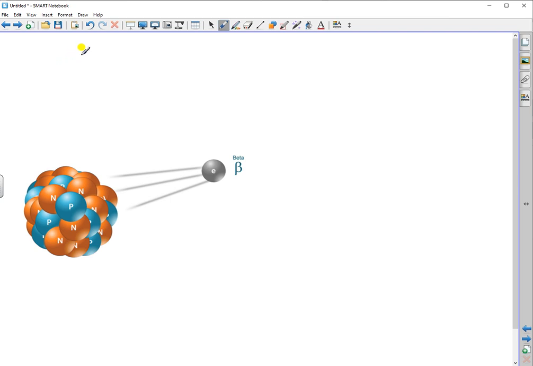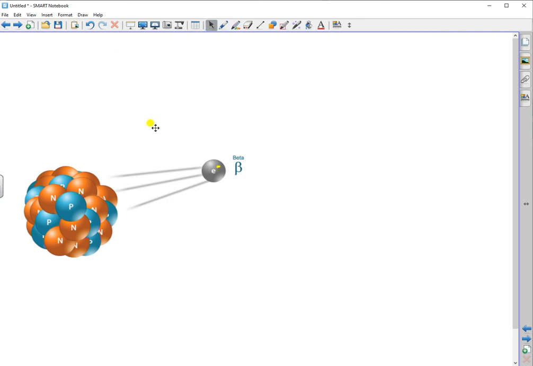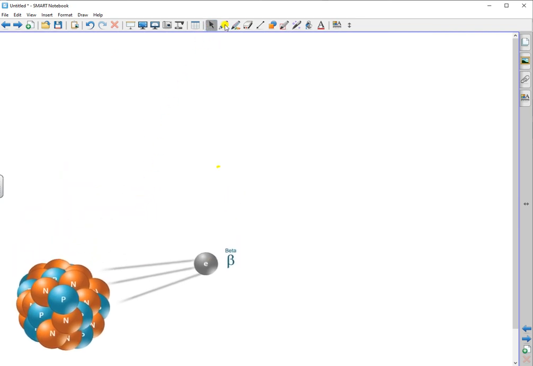Now, beta radiation is an electron, and it flies out from inside a nucleus. And I'm just going to show you what causes that. Now, this is quite complicated, and you don't need to know the first part I'm going to talk about. I just think it is beneficial for students to understand what is going on, because it helps students to realise why the decay equation is the way it is. Okay, so